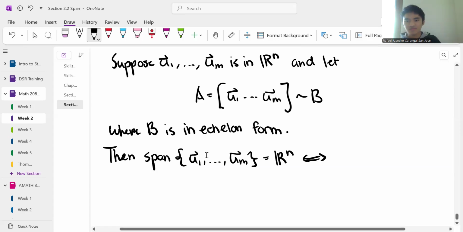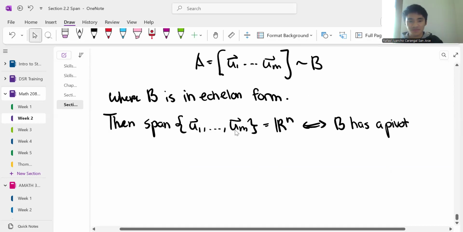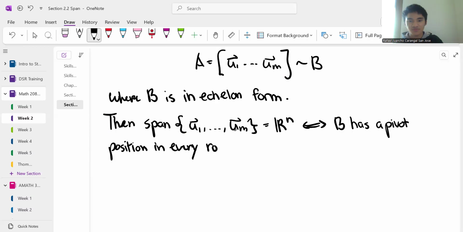If and only if B has a pivot position in every row. So if B is an echelon form, it has to have a pivot position in every row. That means it has to have exactly one solution. And if it has to have exactly one solution,